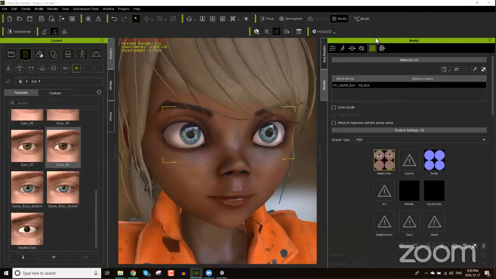Okay, so Mohammed asks, what's the best way to use CC1 morph sliders on a CC3 character without affecting the hands, eyes, teeth, and other areas? I currently use an inverse slider I created that has the opposite effect, but it doesn't always work well. Oh, a CC1 morph slider on a CC3 character. Yeah, since the mesh is very different